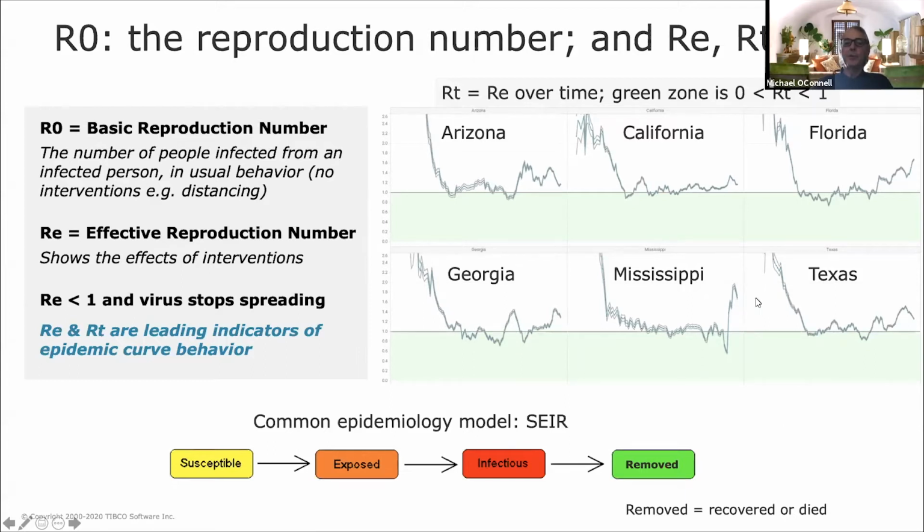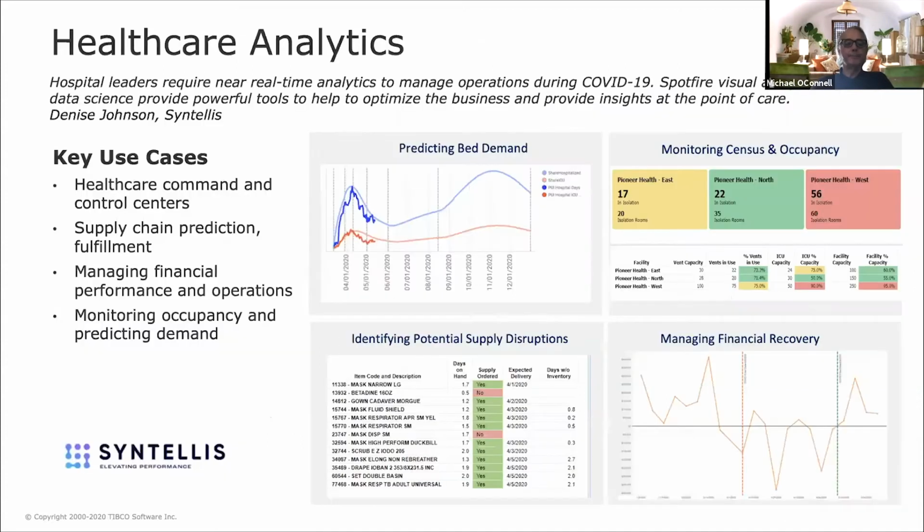So we were predicting the outbreaks in Arizona and Florida and Texas a few weeks ago, and now we're seeing them show up in the case counts from the projections that we're estimating by predicting the effective reproduction number over time. We're going to get into a little bit of how this data and these analyses are relevant in the back to work